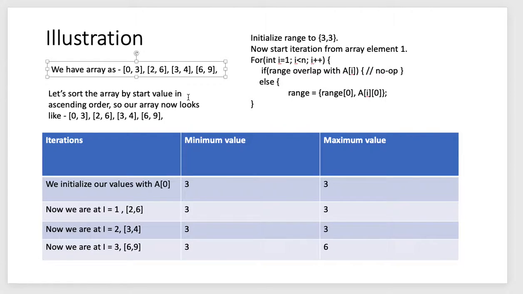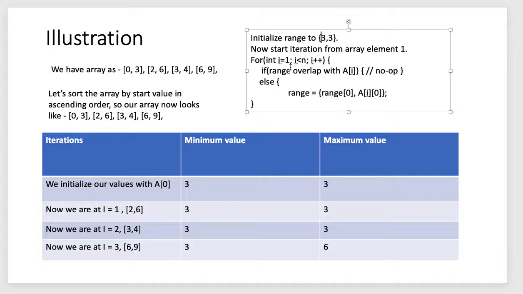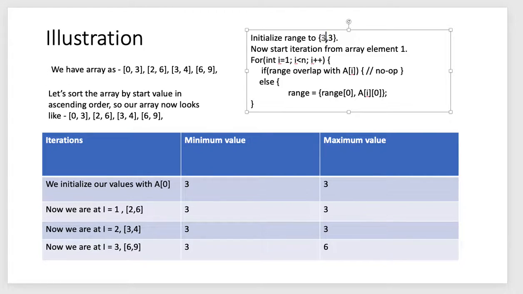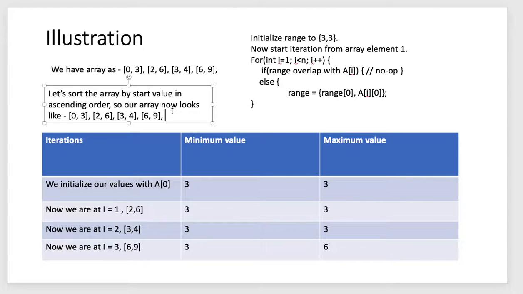I need to cover this ith interval as well. So the best possible way to minimize it would be if I take the start value of this new interval and set it as the end of my range. So in my case it was 3 comma 3. If I change this to 3 comma 6, now it's covering the current interval along with this initial 3 covering all the previous ranges, right, and that would be my answer.